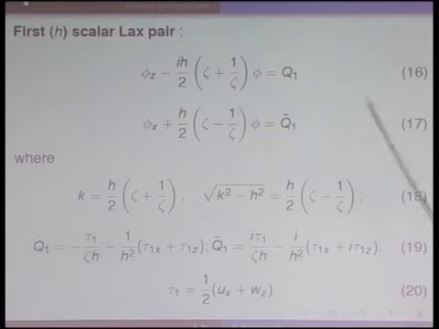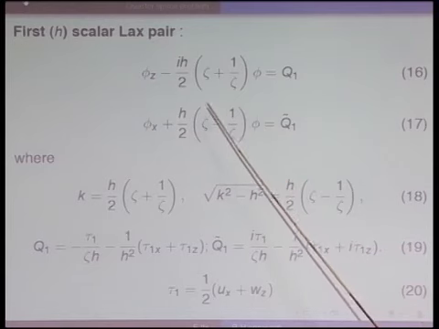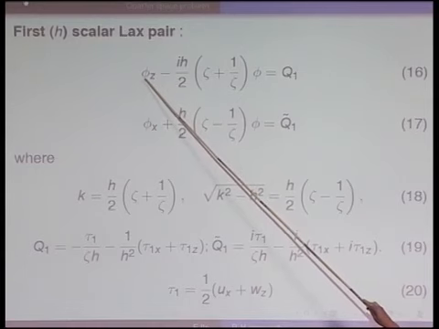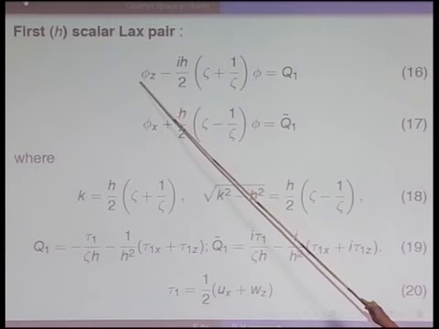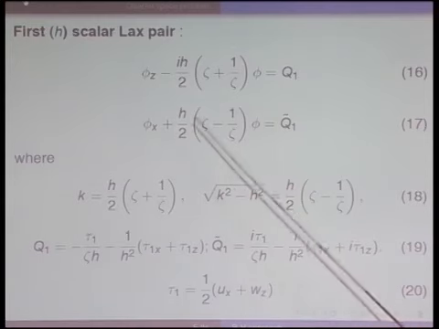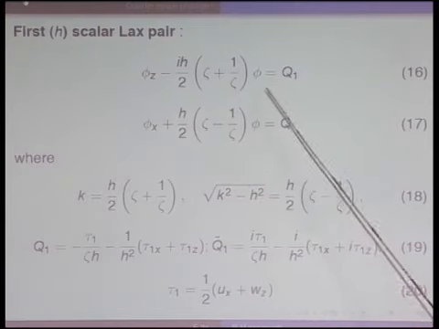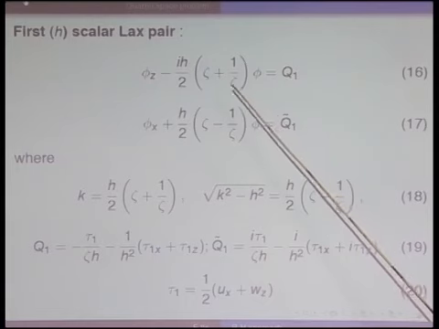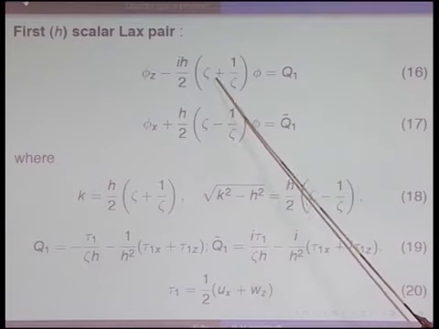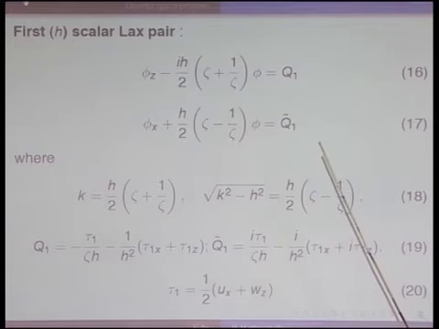This first independent Lax pair is written in terms of already a scalar auxiliary function phi, and because we did already uniformization, it is given in terms of a different complex